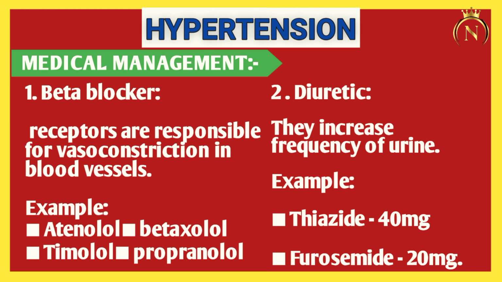Next is the diuretic medication. As we all know, diuretic medication is administered to the patient in case of an excessive amount of liquid increasing in the patient's body. What is the function of the diuretic medication? It helps to reduce that by eliminating the excessive amount of fluid from the body through urination. Diuretic medications like furosemide 20 mg and thiazide are examples.